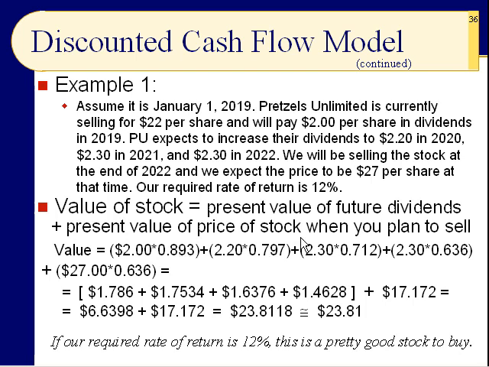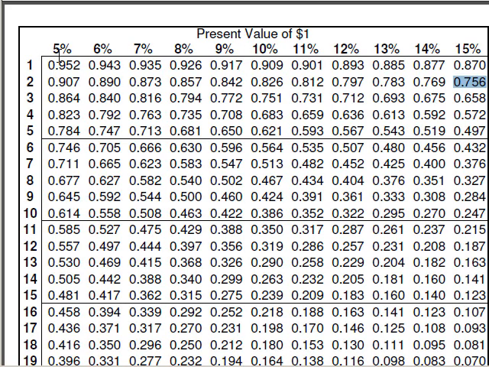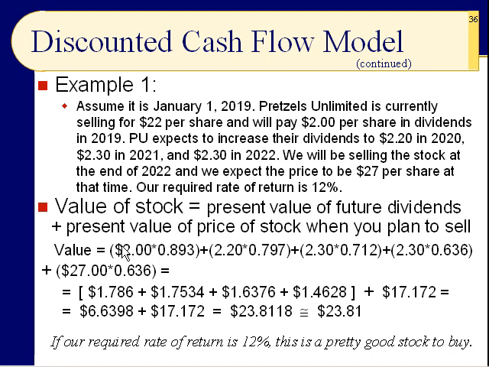Well, let's bop on over to the present value table. We go across to 12% in year number 1, 0.893. And let's grab the second one too, just to make life a little bit easier, 0.797. So you see we have $2 in the first year times 0.893, and then in year number 2, $2.20 times the present value multiplier for year number 2,